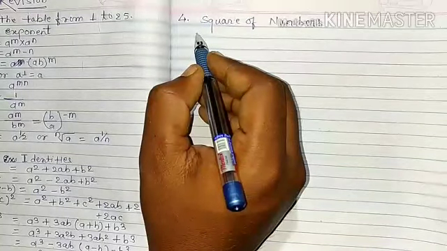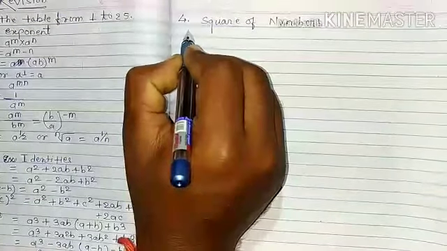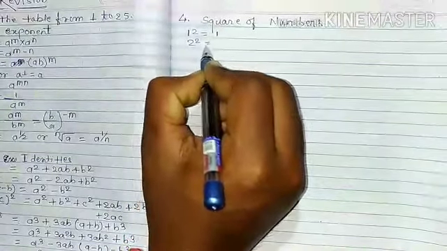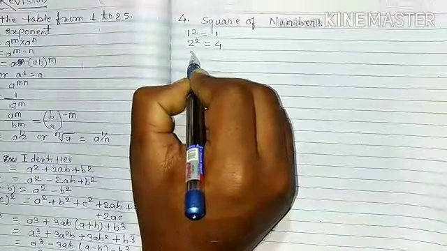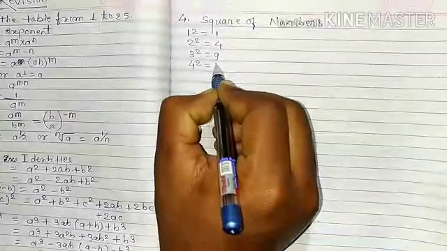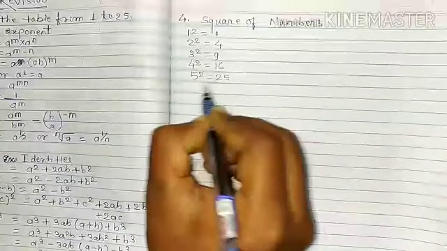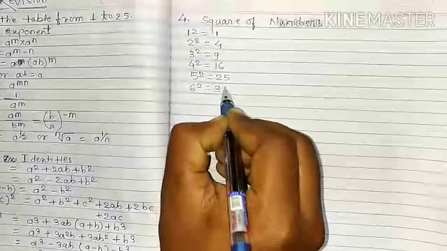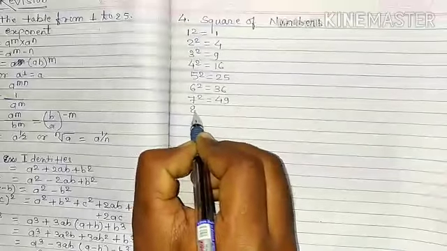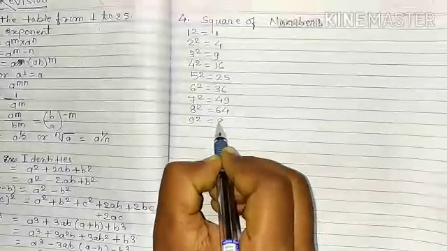Please remember the square of numbers from 1 to 25. 1 square is equal to 1, 2 square equal to 4, 3 square is equal to 9, 4 square equal 16, 5 square equal to 25, 6 square equal to 36, 7 square equal to 49, 8 square equal to 64, 9 square equal to 81,